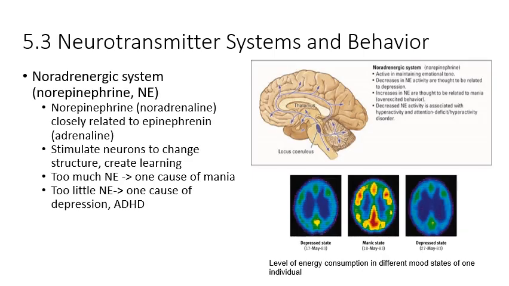In the noradrenergic system, this is the norepinephrine system. Norepinephrine, which is also called noradrenaline, is very closely related to epinephrine or adrenaline, which you might be familiar with. And in the noradrenergic system, neurons are stimulated to change structure and create learning. Too much norepinephrine is one possible cause of mania and bipolar disorder, and too little norepinephrine is one cause of depression